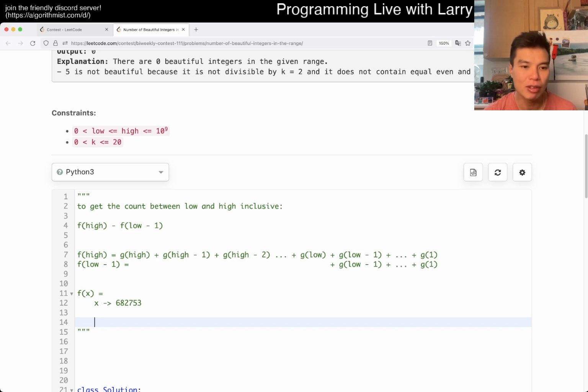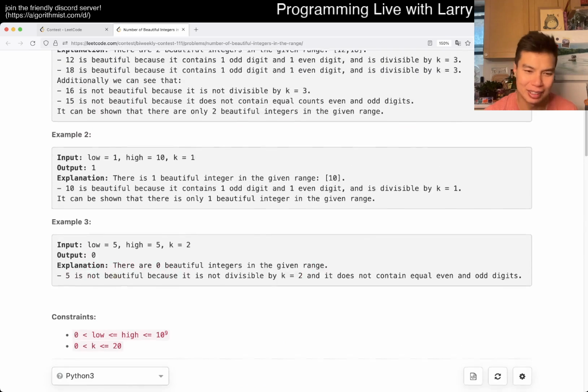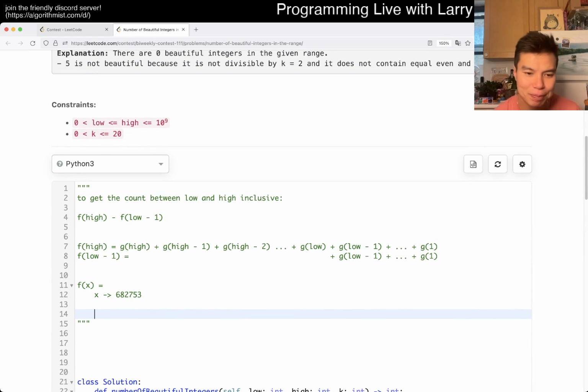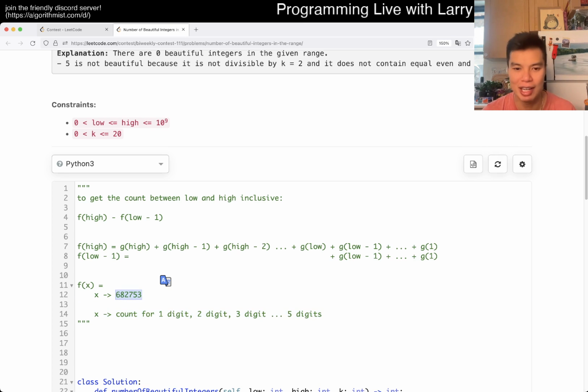The first component is, I think I have something called h of x, which, I don't know, the naming is terrible. But basically, the first thing I do is, okay, let's say x has, in this problem, it doesn't make sense per se, and we'll go into why in a second, but we go x is equal to 1 digit, count for 1 digit, 2 digit, 3 digit, dot dot dot, all the way up to 5 digits, right? I guess I could have just typed it out because this number has 6 digits. That's why. And then now,